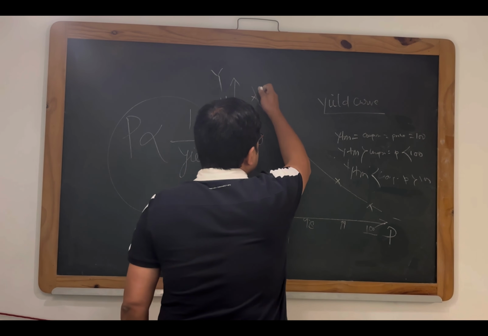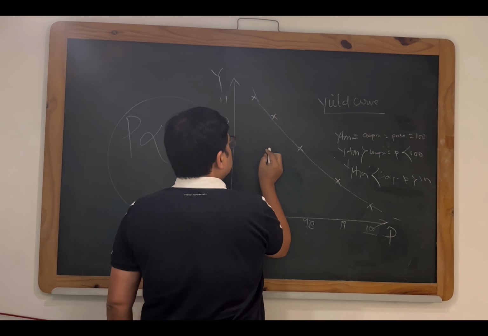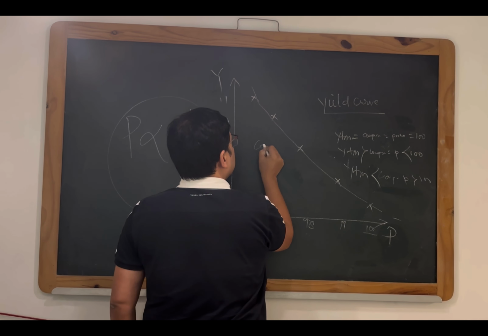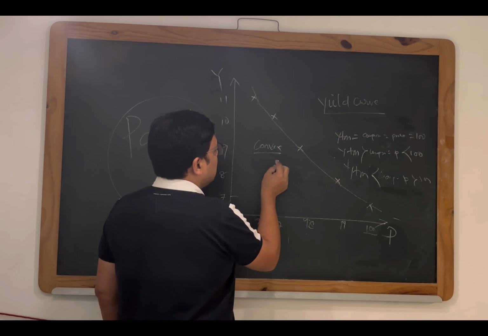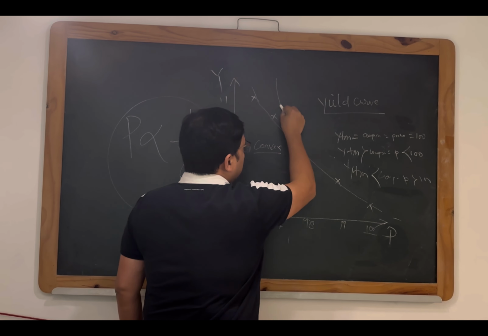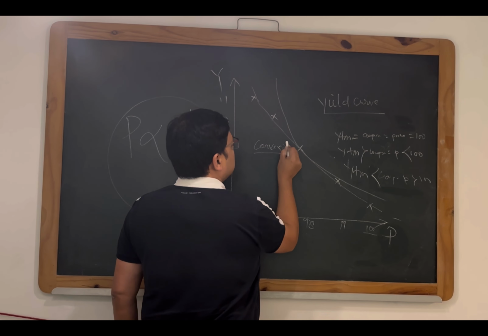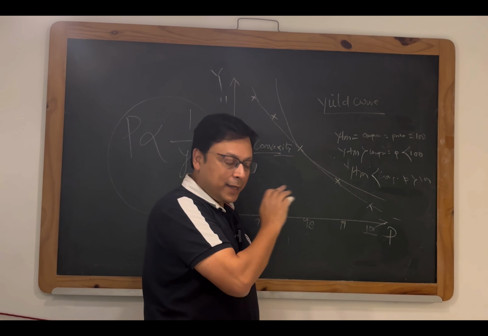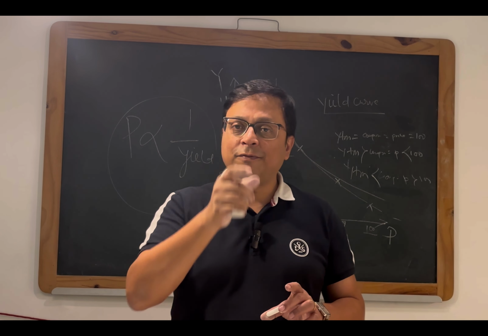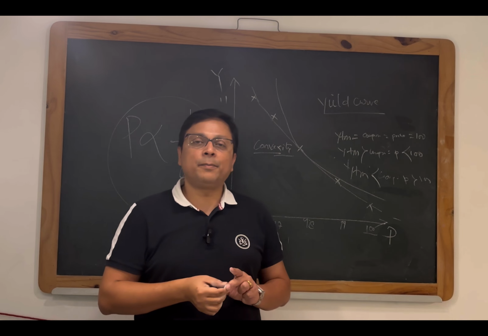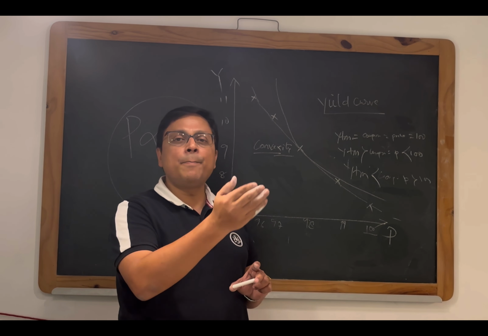While it may look like a straight line from a distance, it is actually not a straight line, because price and yield are inversely related. So it is convex. And there is a very important concept in the world of bond mathematics called convexity, which we will learn later. If you would like to do some research about this word convexity, you can do that, but we will definitely come up with a series of videos about this concept of convexity, which is one step beyond